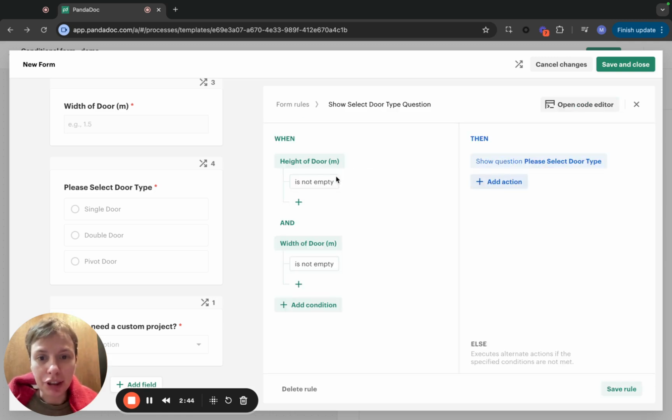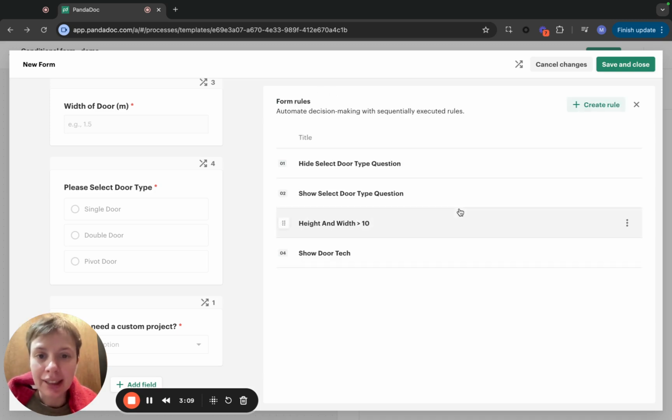My rule number 2 is, if height of the door is not empty and width of the door is not empty, we're going to show: please select door type. This is one way to write such rules. But actually, and this is a very efficient rule writing practice,